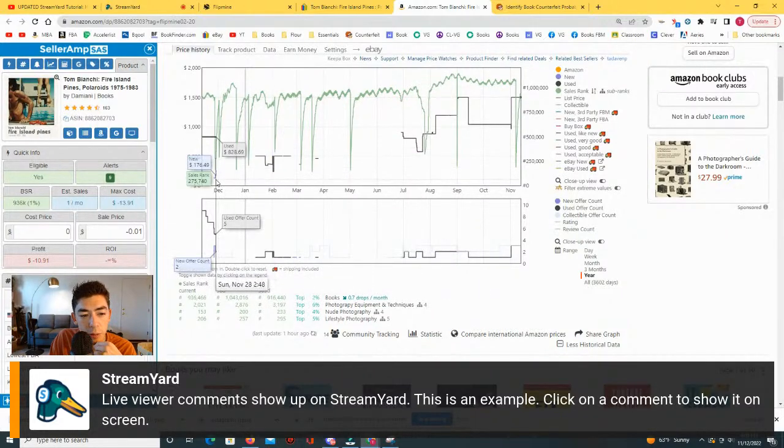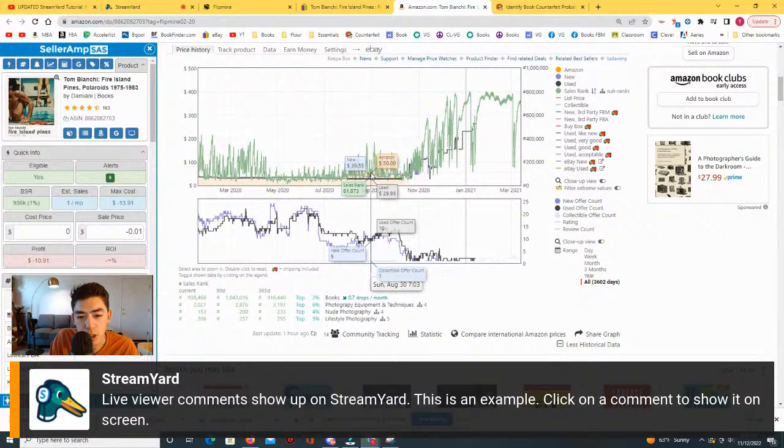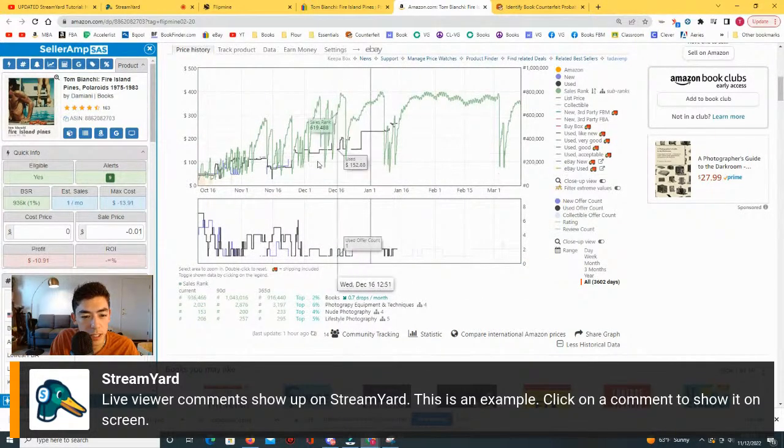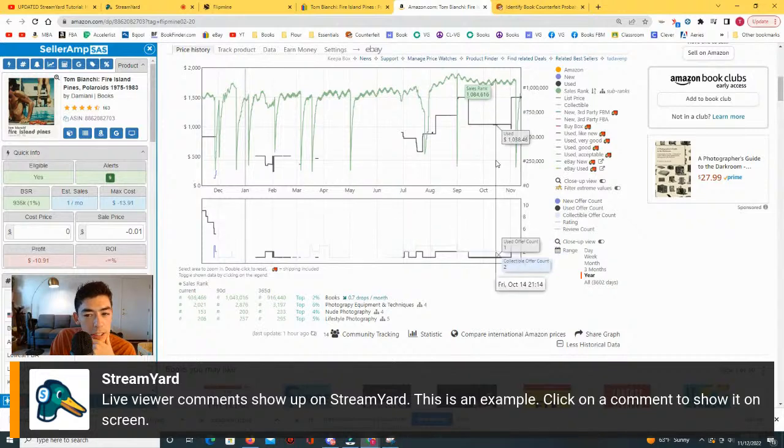And then there have been times where this book was new at as low as $120, sold there for $360. So wow, this book is interesting because you could have bought it for $50 back in 2020, and then the price skyrocketed, literally tripled in a few months. So this is definitely one of those books that, for whatever reason, I have no idea why this book is so popular. I'm sure somebody out there knows why this would be so popular, but yeah,